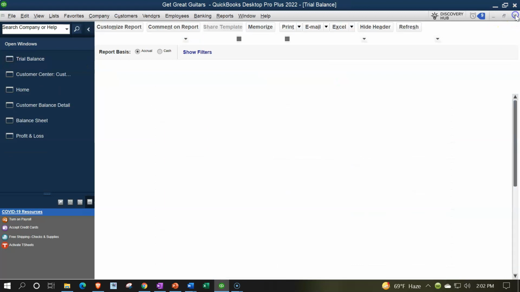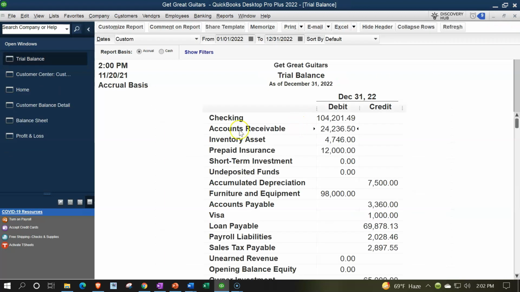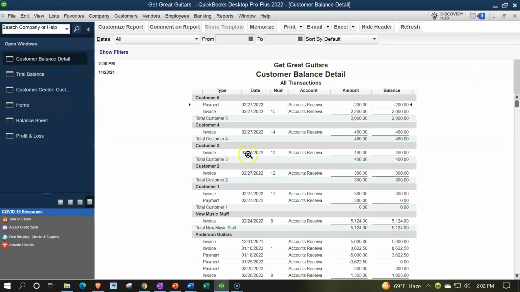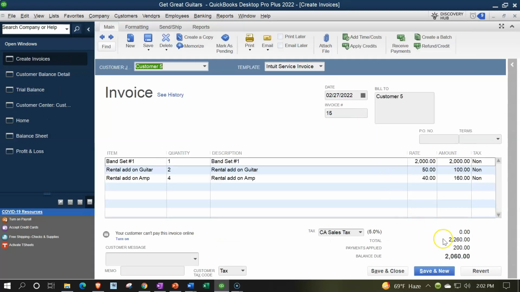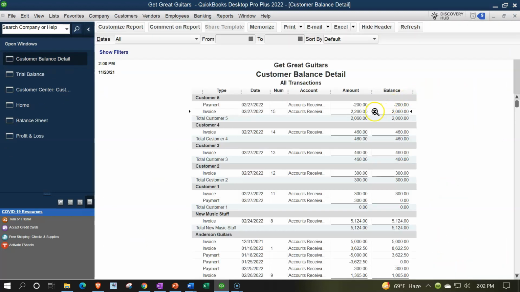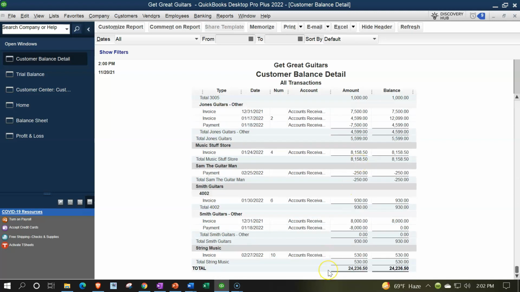Closing this then back out, we're then going to go to the customer balance detail, and then we'll be able to see that 2,260 and the amount above it as well. So it recorded it for the full amount of the invoice. Once again, note, not the 2,260 that is still due, but it's netting out, so we get to see the detail in the activity of the customer balance detail, the total of this adding up to the 24,236.50,